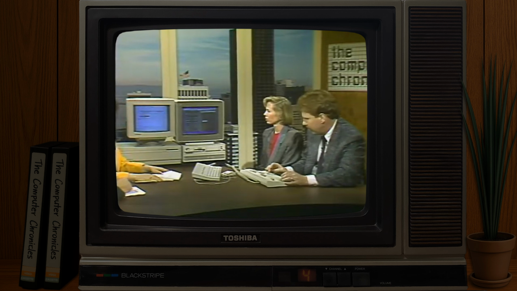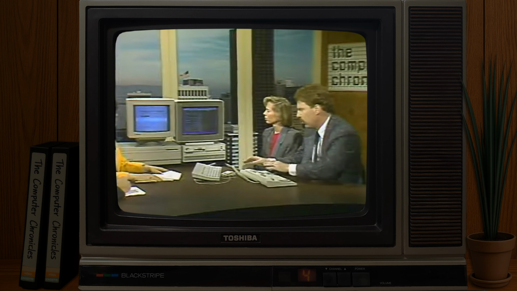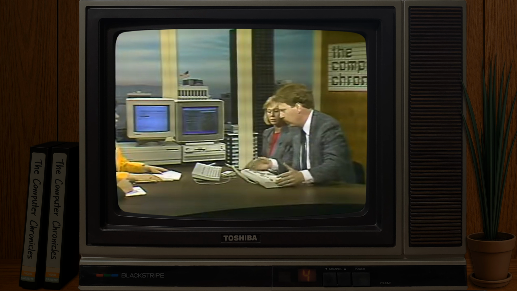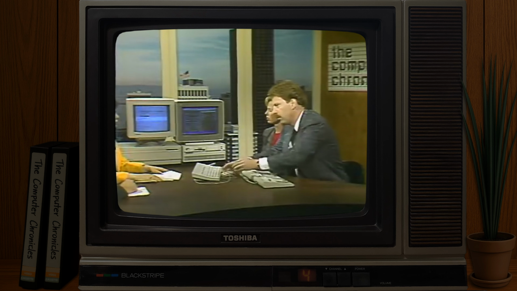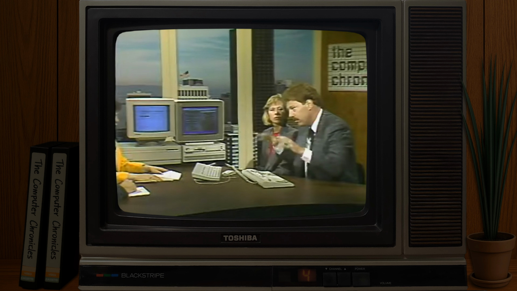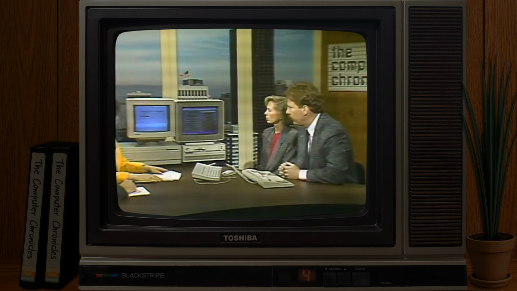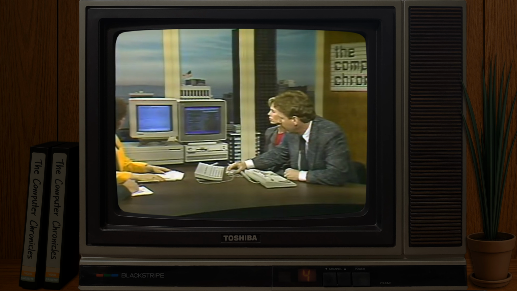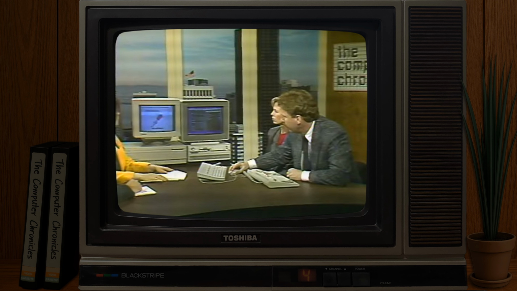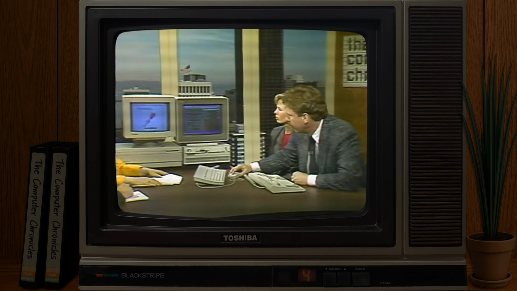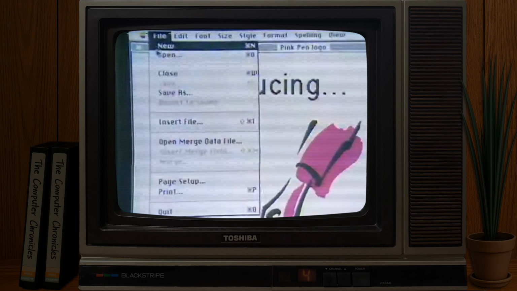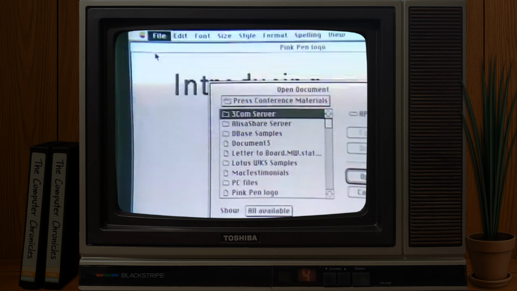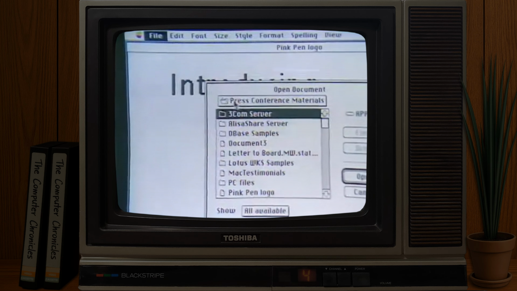Macintosh. As you can see, you can control either keyboard. I could use the IBM keyboard with the mouse, or I can use the Macintosh keyboard with the mouse. Whatever I'm most comfortable with. It's a consistent interface in the same product. So now I go over to the Macintosh here, and we go into Microsoft Word. We click right here, and we're into Microsoft Word. There's MacWrite. And then we'll open up a document. And the document that we just transferred over here